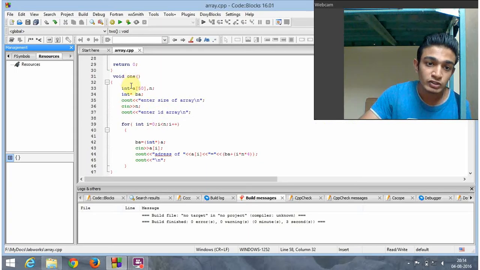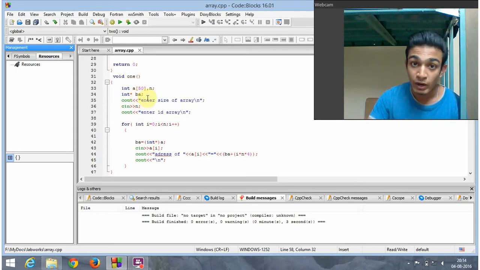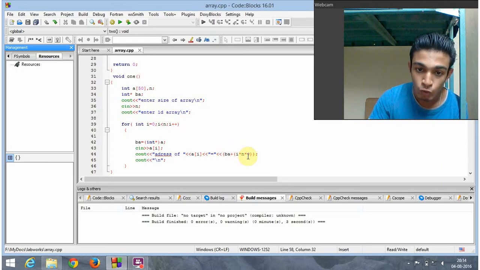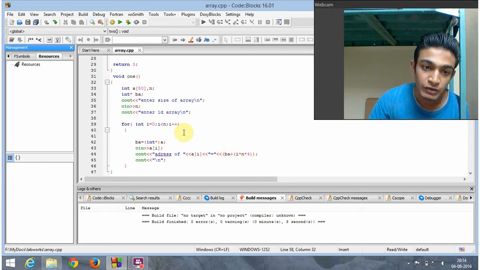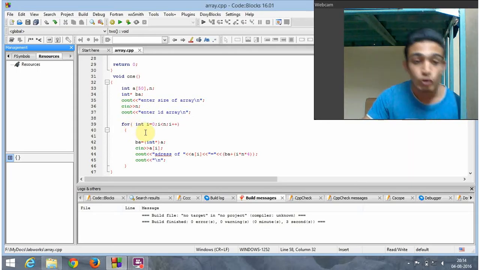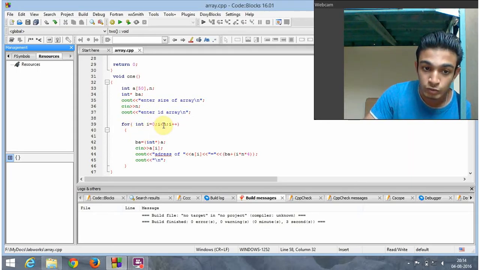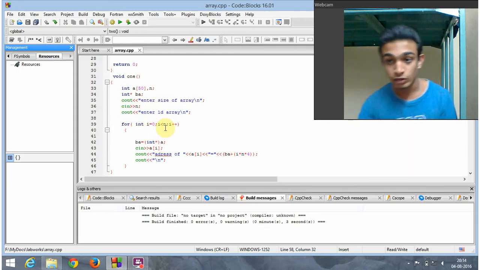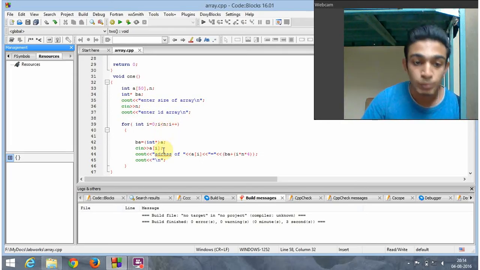The first function is to find the address location of the elements of a one-dimensional array. I've used the formula BA plus I into n into 4. This is a predefined formula. In this, BA is the base address. I've initialized the base address of the array to an int pointer BA. Now this I've used in this formula to obtain the address location. I've also used a for loop ranging from 0 to n minus 1, where n is the size of the array, to input the